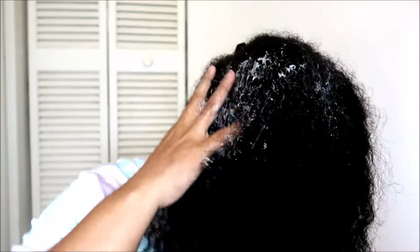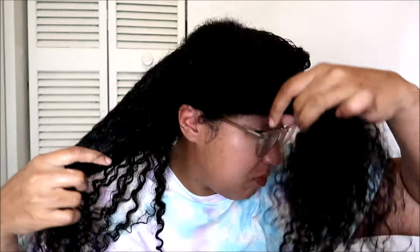I was actually in a rush because, as I mentioned, I had a doctor's appointment this morning, so I was just kind of haphazardly applying product. I wasn't as precise, like I didn't break my hair down in as many sections, but I still tried to make sure I at least coated every strand of hair with leave-in conditioner, even if I didn't really work it in there. And as you can see, I still had a lot of shed hair coming out